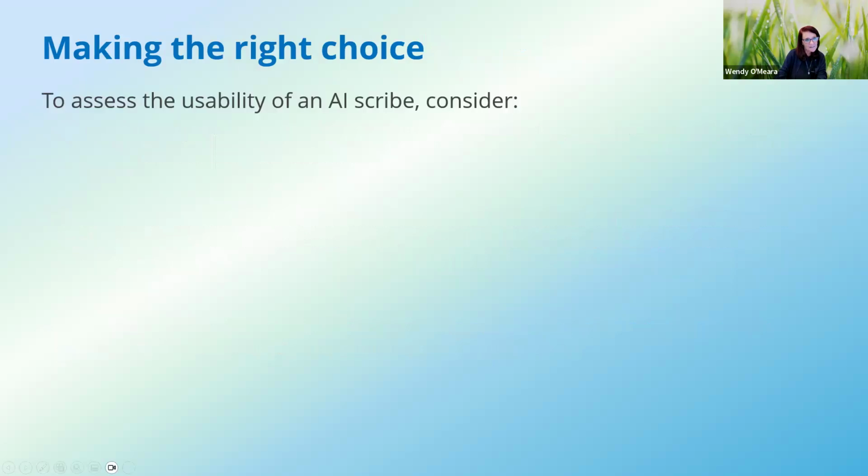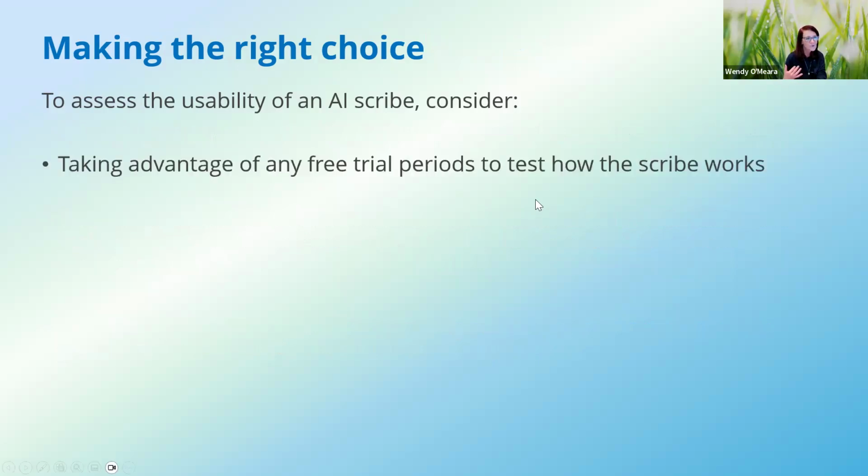Making the right choice is something you should spend some time on. It's not something you should just jump onto the first one that's available. You need to make sure that the choice you make is right for you. So take advantage. All of the software programs that we have tried in our practice have a free trial period where you can use it, see how it works, does it meet your needs, is it lacking something, and then try them all. Try them all for 30 days. It's free. And that allows you then to say which one works best for you.